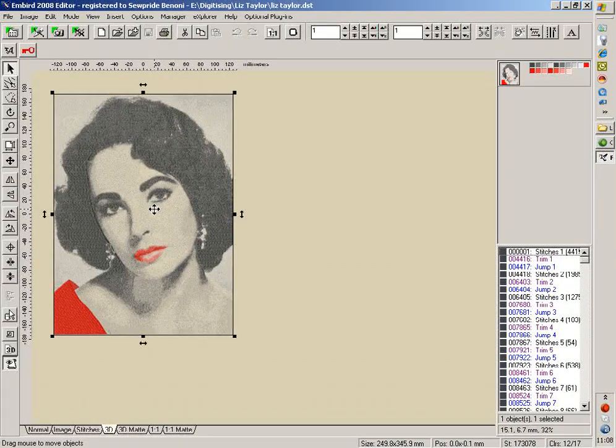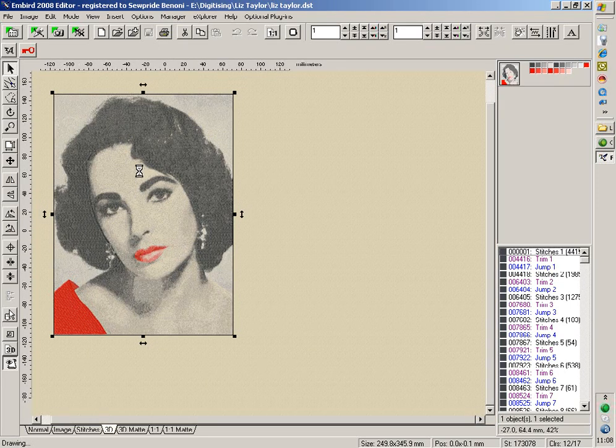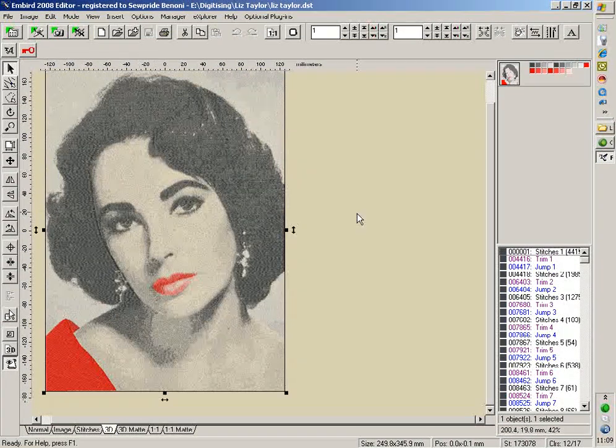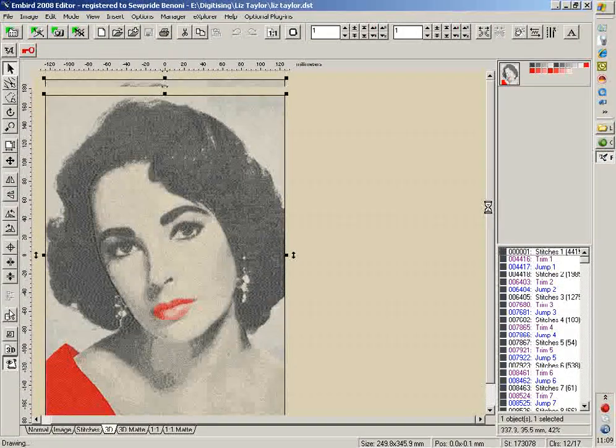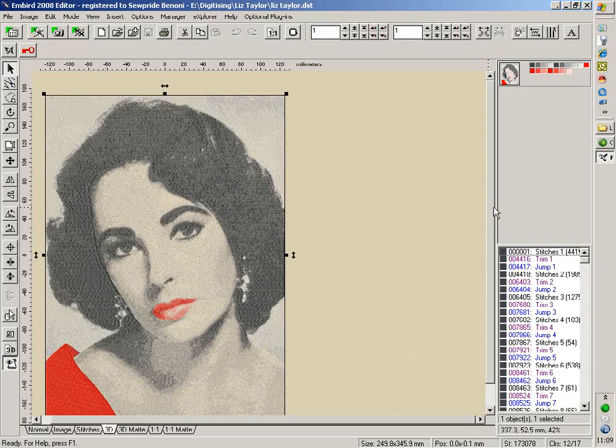I would like to go and change the background area at the back behind the hair, and because we can't change that in Studio, except if you actually go and digitize it completely separately, I'll rather go and do the changes here in editor. So